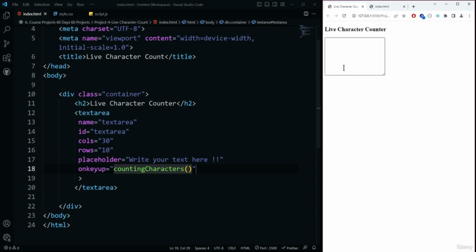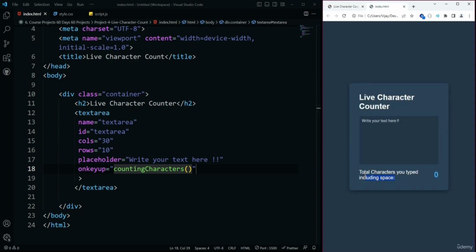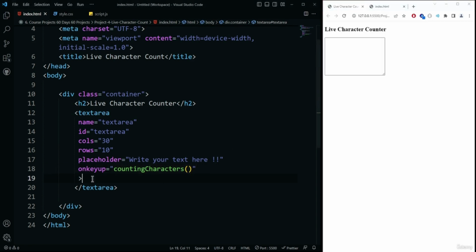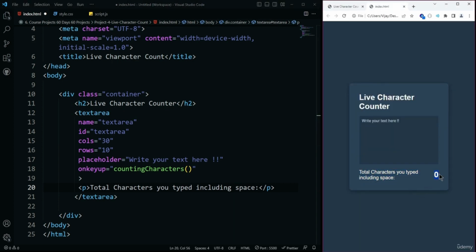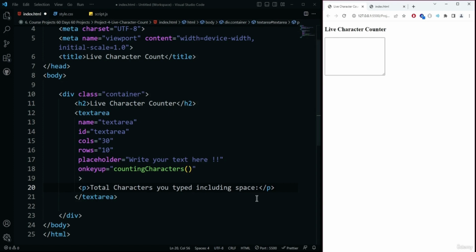And after that, we need a paragraph element that will look like this. So I'm just going to copy the text of the paragraph element and come back to the other version of the application, and inside of the index.html, I'm going to place the paragraph element, and inside of that, I'm going to place the text, that is, total characters you typed including space. Alright, and inside of the paragraph element, we need to define the span element that will be used to actually display the results of the typed characters inside the text area,